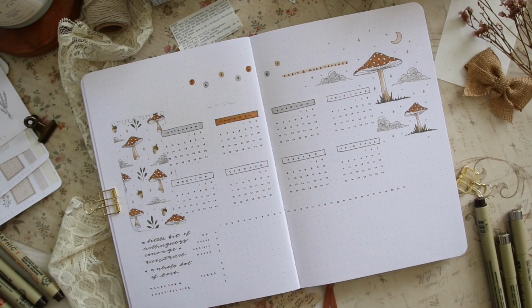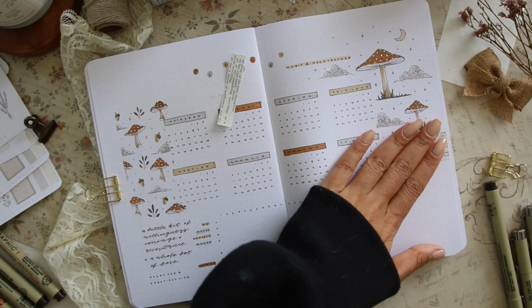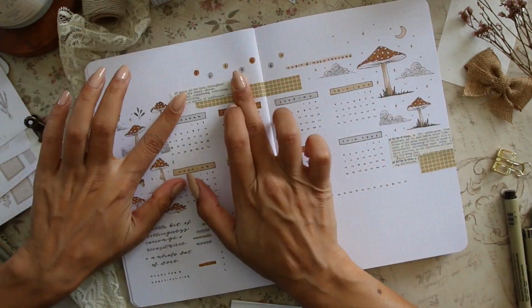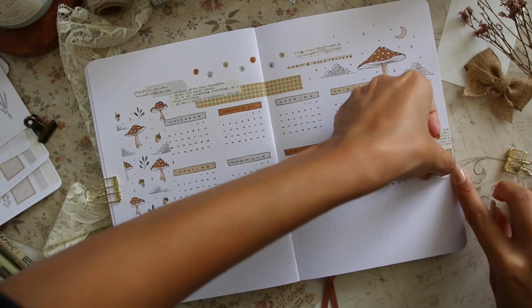Because if we think about it, willingness negates stagnation, courage negates fear, and acceptance negates delusion, which are all mindsets that I am constantly living in. So there, I have found the perfect magical recipe to life, and I am giving it to all of you for free. You're welcome. So now let us finish up decorating this page with some washi and some stickers from